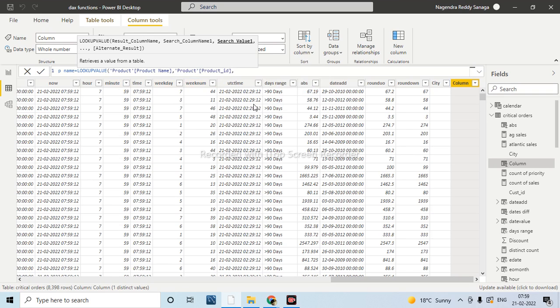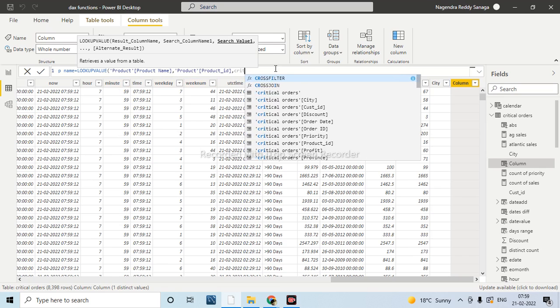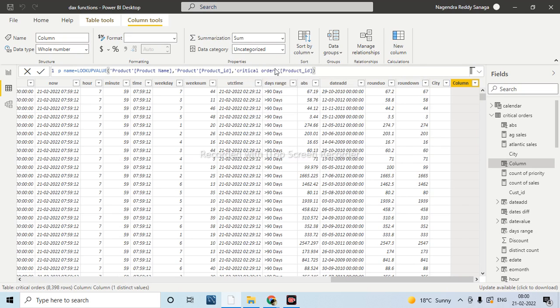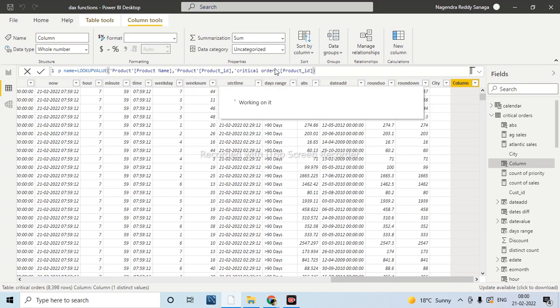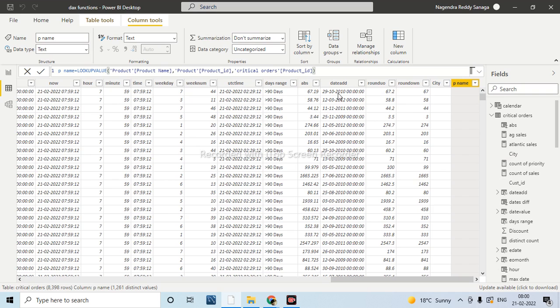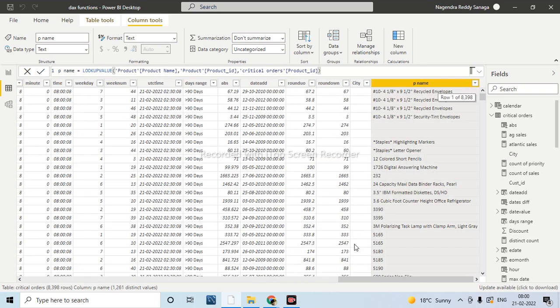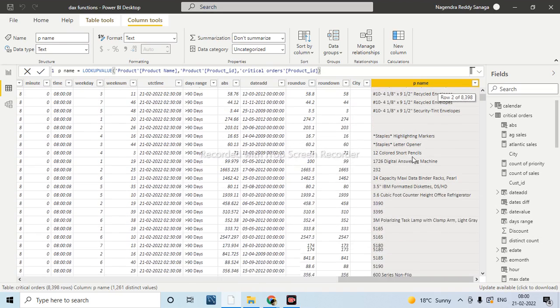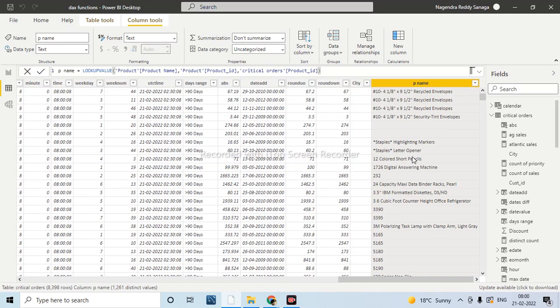Now from this table also I want to provide the product ID column, the critical orders table's product ID column. Then it will give me the result for each of them. Whatever product ID is available there, you will get the product names here. Understood? Based on my product ID from the products table, I am getting the product name here. The same thing is done by VLOOKUP also in Excel. Any doubts?